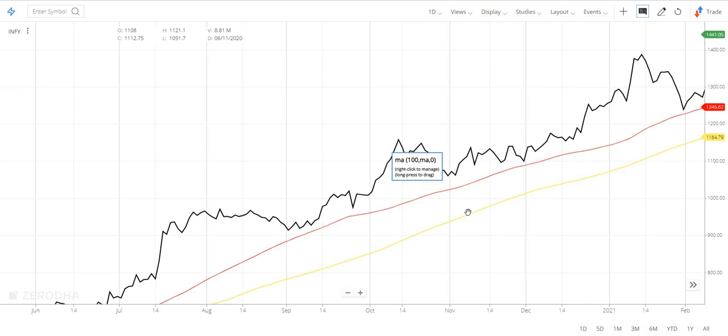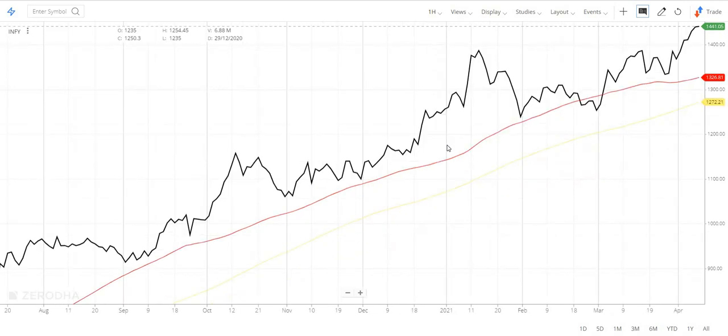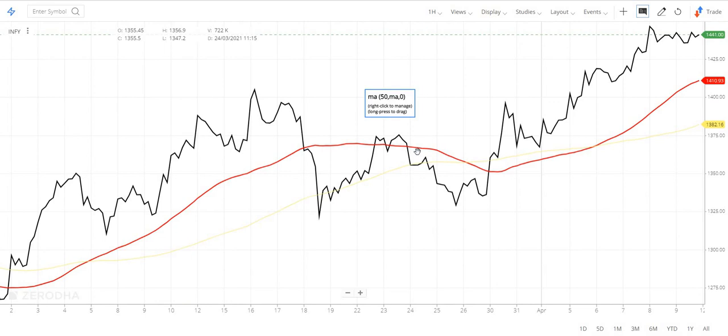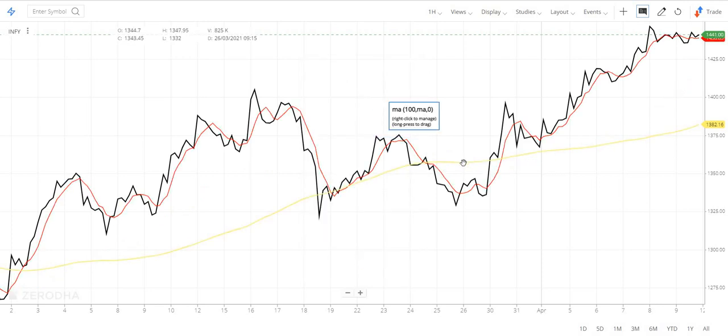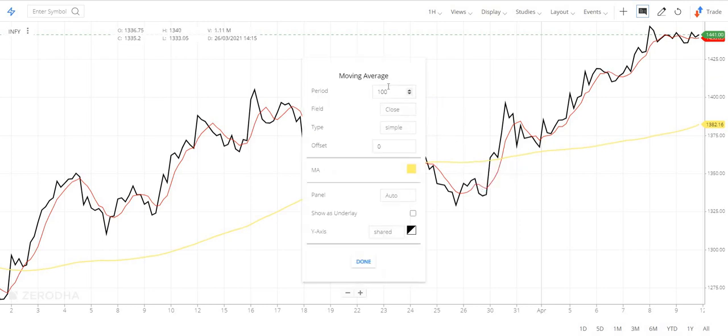If you are a hyper trader, an intraday trader, or someone who is a scalper, then what will you do? You'll do this simple thing. You'll change the chart to, let's say, 1 hour. Okay, so now you are a scalper, so the chart is now at 1 hour. Now using the 50 and the 100 MA is not useful for you at all. So now what we have to do is change it. We are going to use the 5 MA. Done. And this one we are going to change to our 10 MA. Okay, 5 and 10 MA. Done.